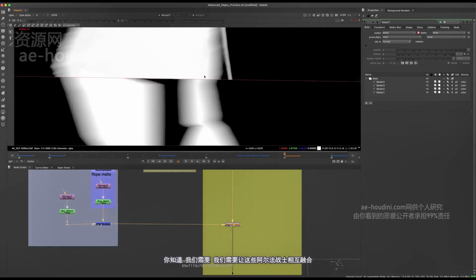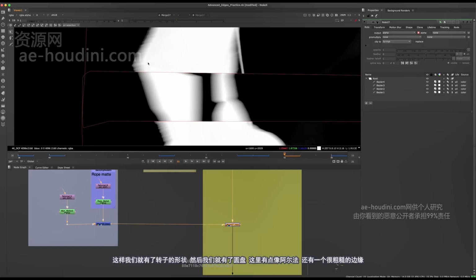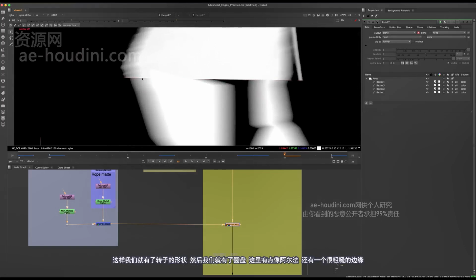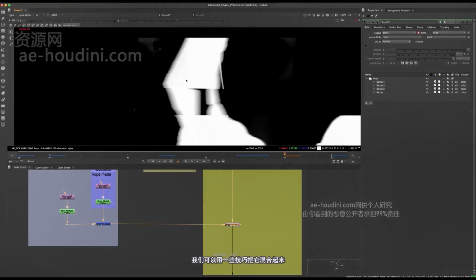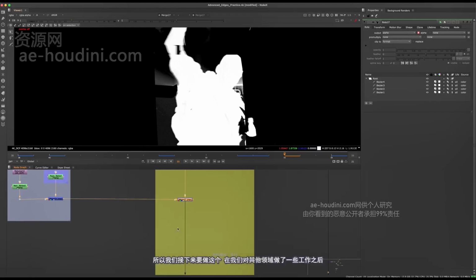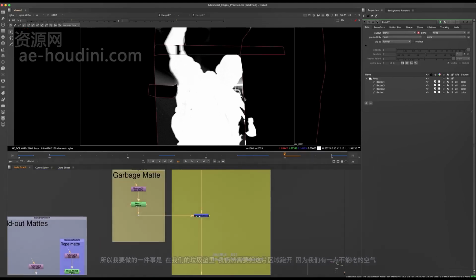You know, we need to make these alphas blend into each other. So we have the roto shapes, and then we have the plate alpha here, and we have a very harsh edge. So we'll be able to blend this using a couple tricks. And yeah, so we'll do that next after we work our other areas up a little bit more. So one thing I'm going to do is in our garbage